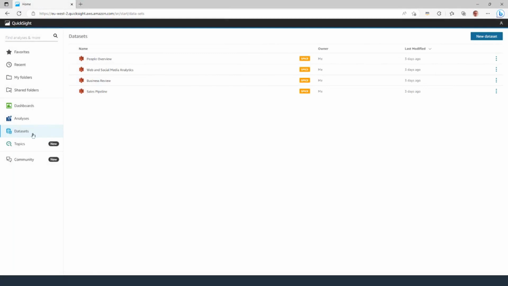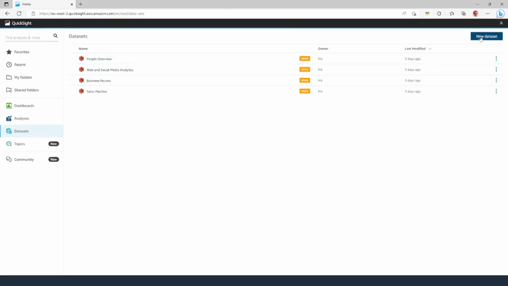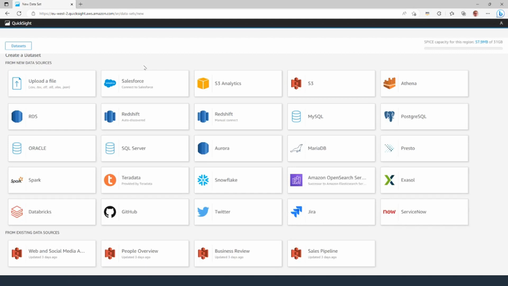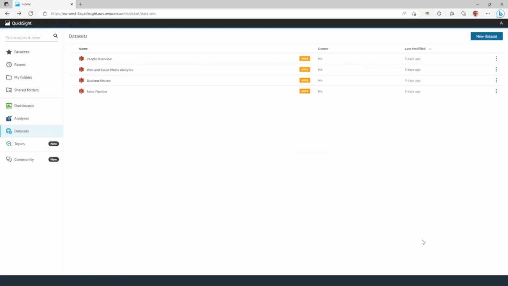And as it stands, if I refresh the screen just to show that nothing's been applied yet, this author has the ability to create new data sets. They can do that from existing data sources or new data sources. So as it stands, this user has that capability to create data sets and data sources. So if I go back,